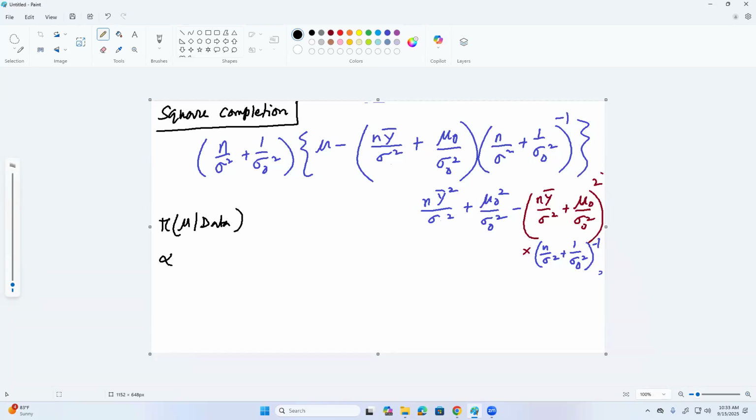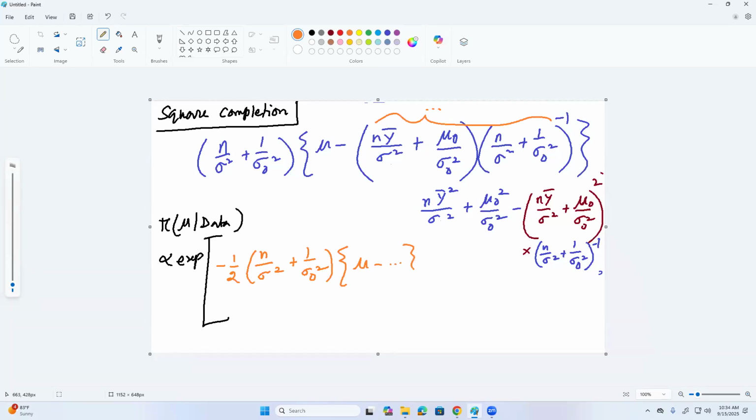So it will be e to the power minus 1/2 (n over sigma square plus 1 over sigma 0 square) times (mu minus this entire thing, which I call dot dot dot) square,